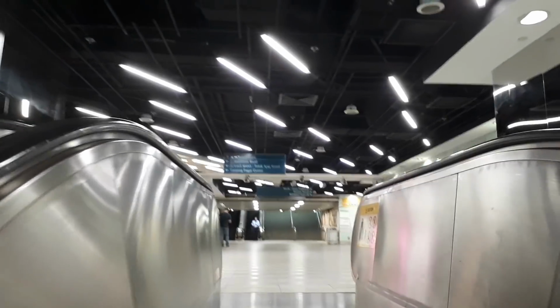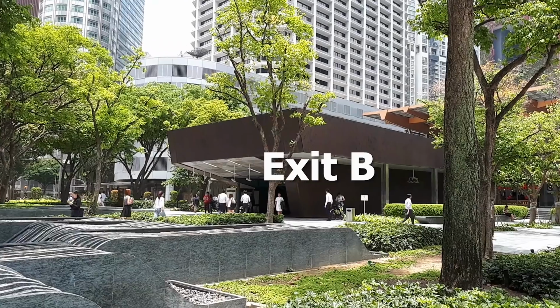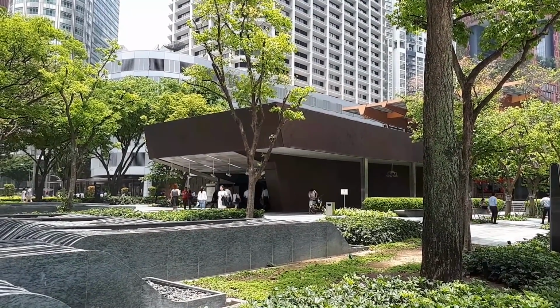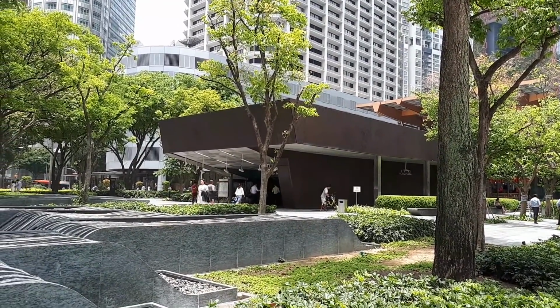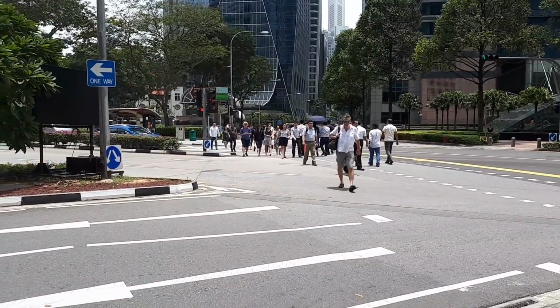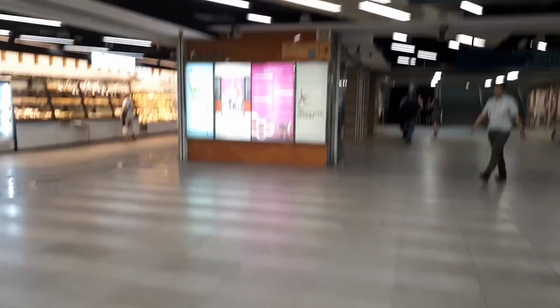Once you reach the top, you can actually go straight. In front of you is exit B, and you keep walking out from exit B, which is over here, and you walk straight here, walk diagonally across the traffic light. You can reach Amoy Food Centre, or alternatively, you can turn left,